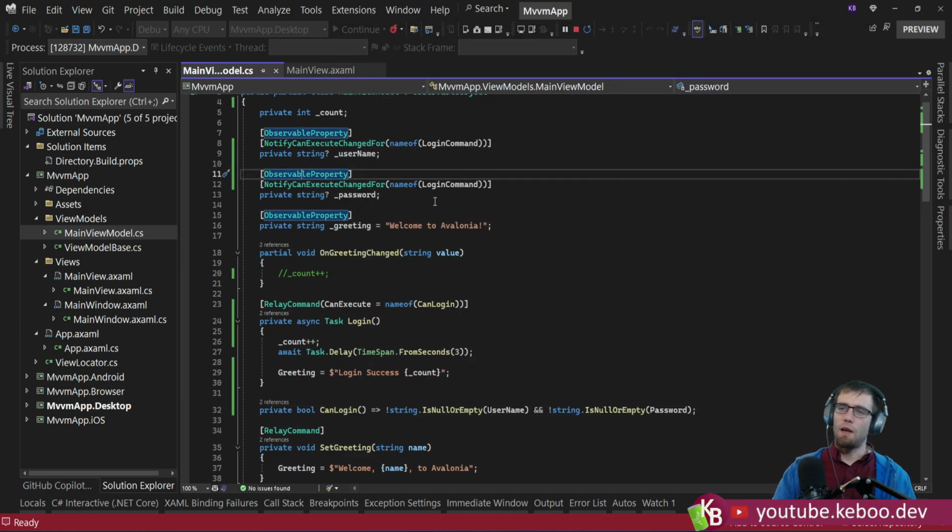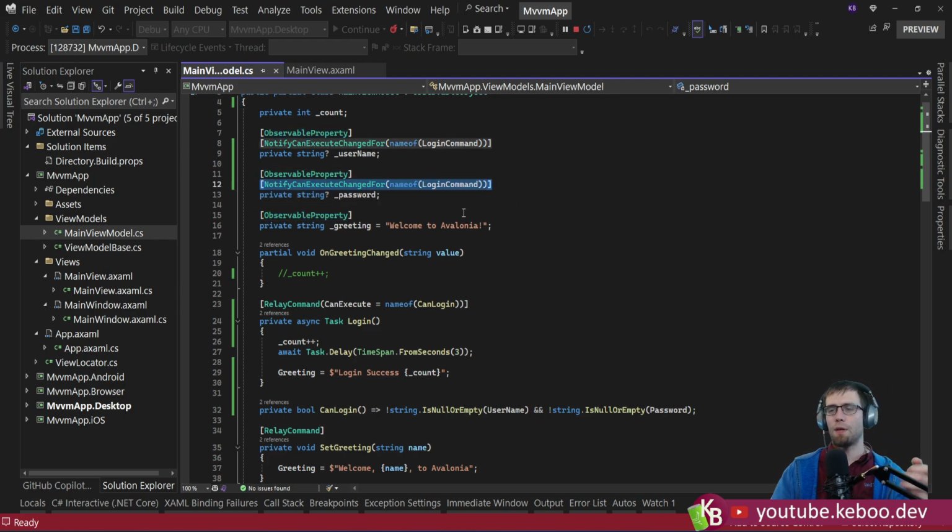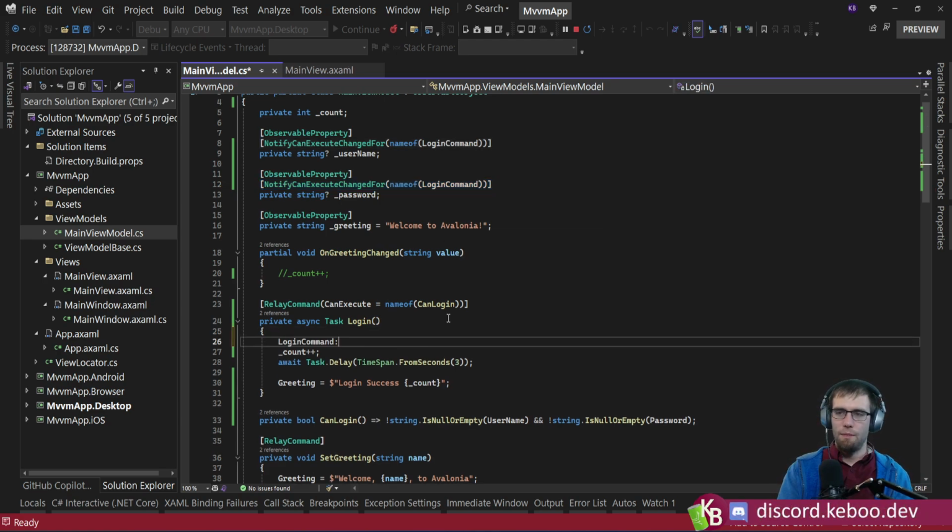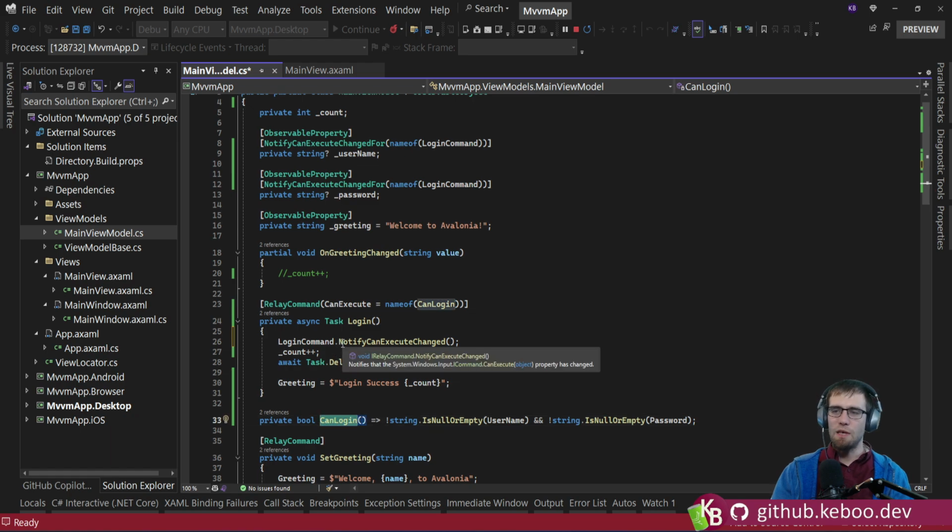This is important, right, of being able to do this. And this handles the common case. You still will run into situations in your applications where you need to actually call notify can execute changed, right? There's always going to be cases in your application because something occurred. You need to let the command know that it should reevaluate its can execute, because even though it says can execute changed,